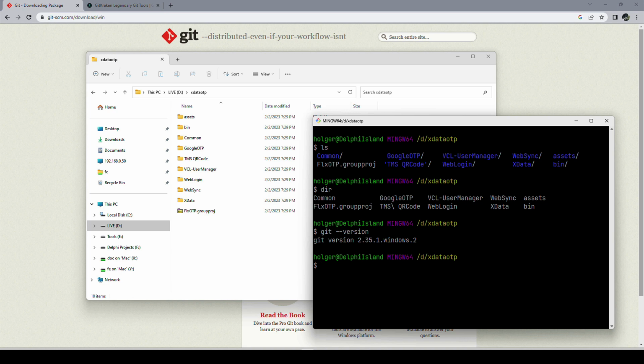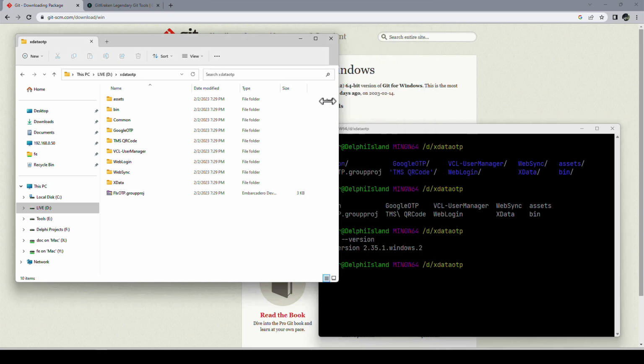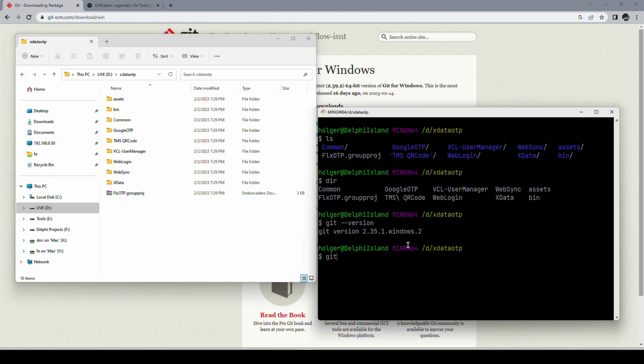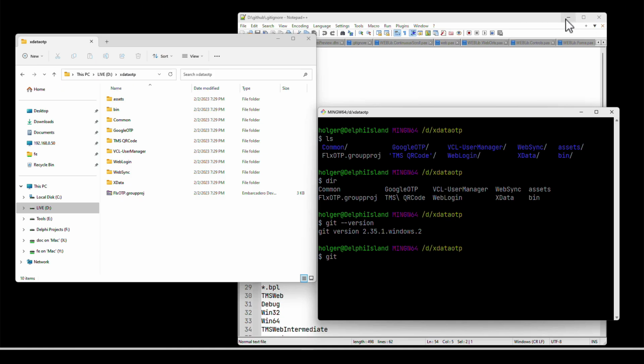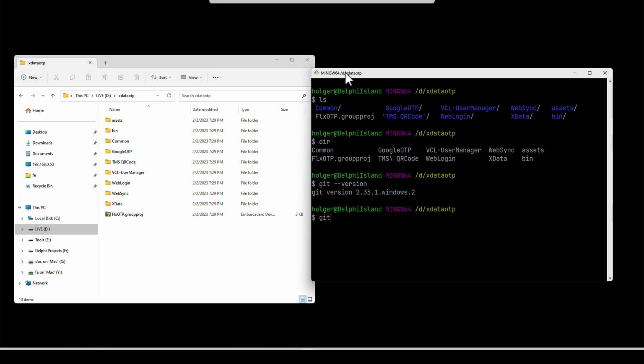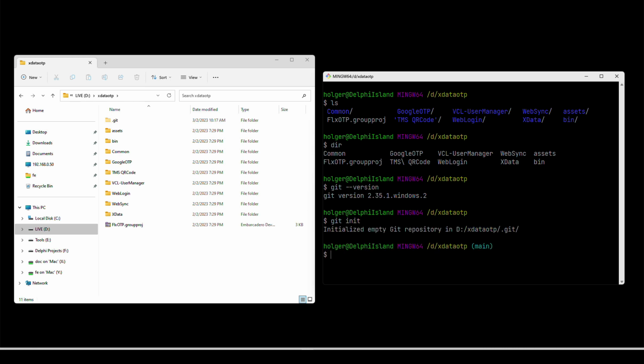And the first command we need to learn is git, and I'll leave the Explorer window in the background intentionally because all our actions will have consequences on the file system, we would assume, right? So I type git, and then let me also take this out of the background so we have a nice black and white difference here. Good. So in order to start, we need to initialize a repository, and that's what you use git init for. And when that happens, you get the feedback: initialized empty git repository.